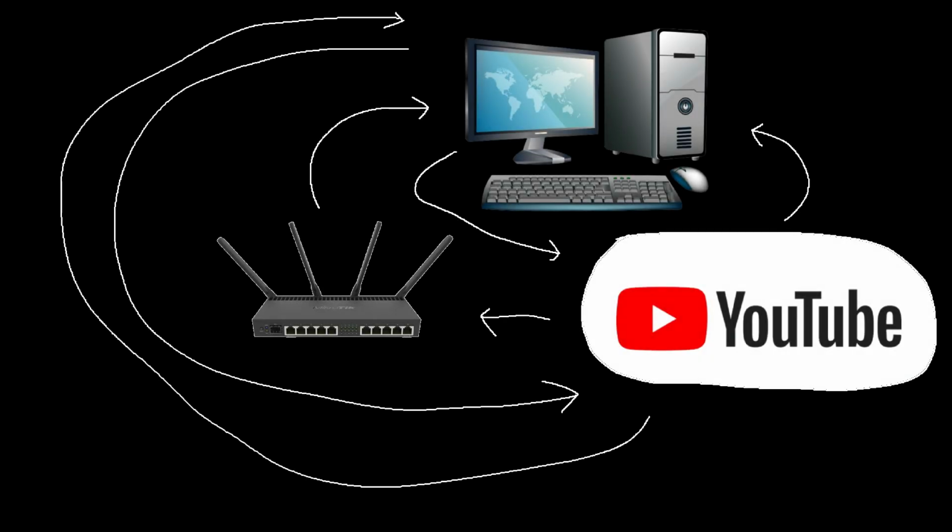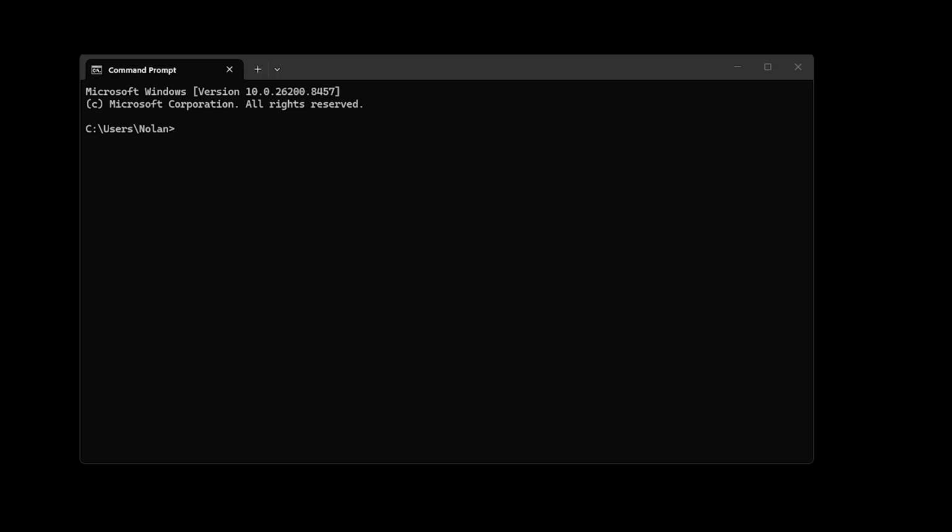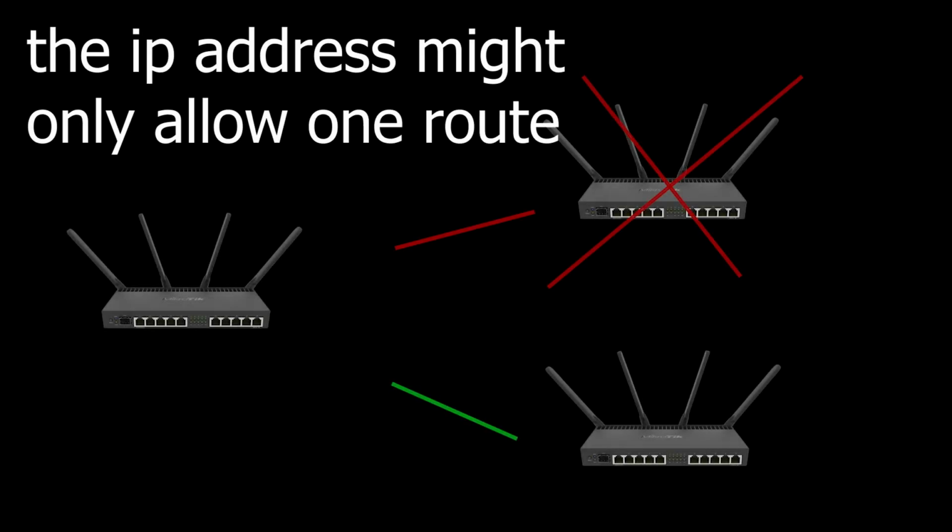TCP, Transmission Control Protocol. This is the method the internet usually uses to send and receive information. It functions as a set of rules for how data must be formatted and transmitted through the internet. Now for IP, Internet Protocol. Internet Protocol addresses assign unique ID numbers to all devices connected to the internet and function as a set of rules for devices to communicate with each other.